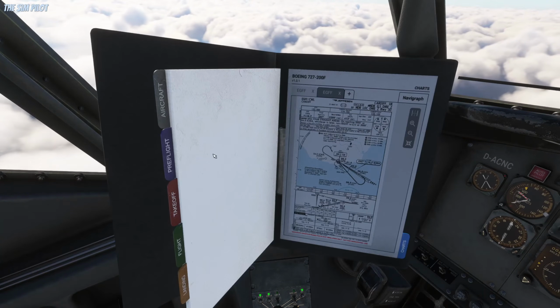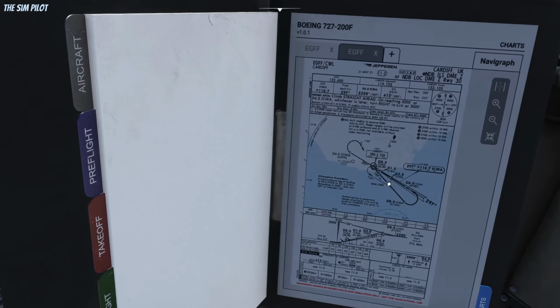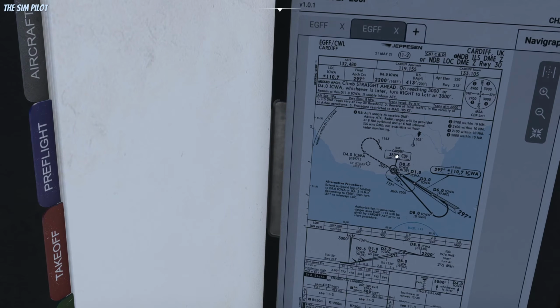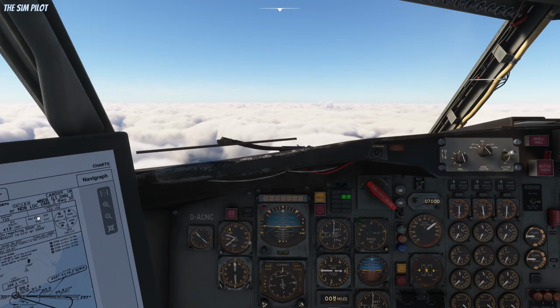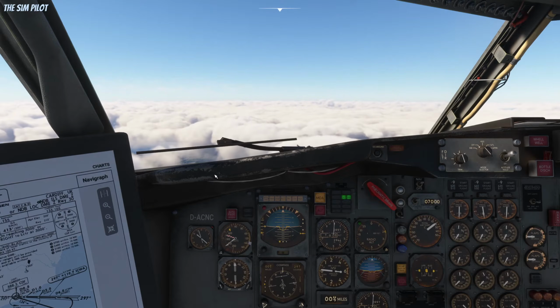If I bring the chart up again, you'll see that that's the Cardiff ADF. So once we are here, that's our last waypoint that we entered. We will turn left to 134 and continue on that course to 8 miles before we make the final turn into the airport. So at this point, that's a restriction, but ATC might clear aircraft to continue descending, and